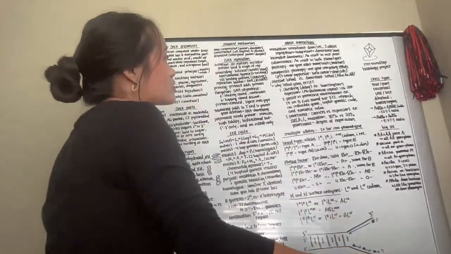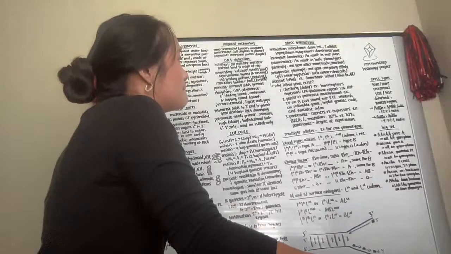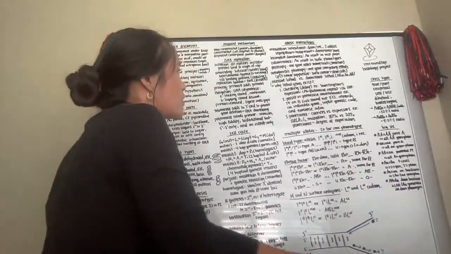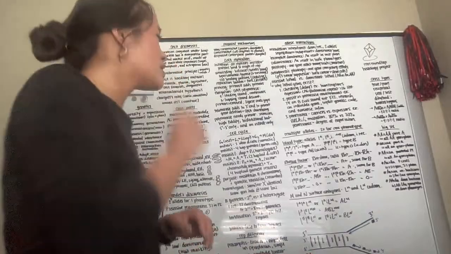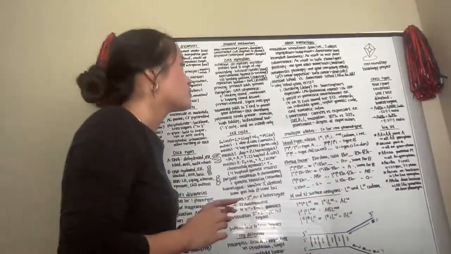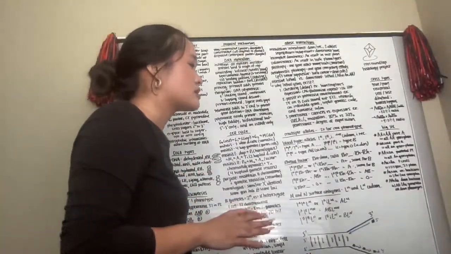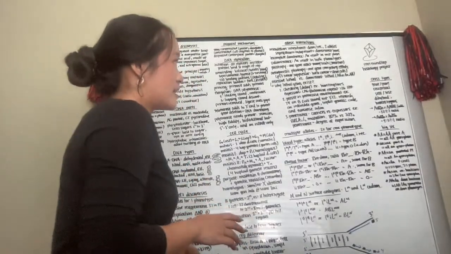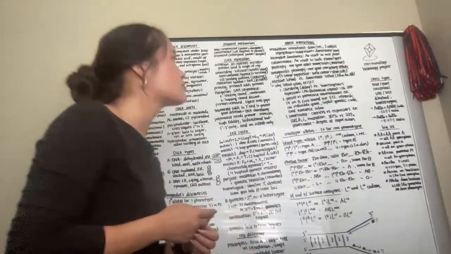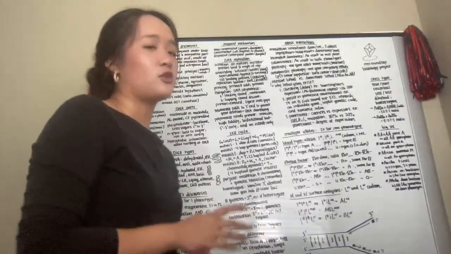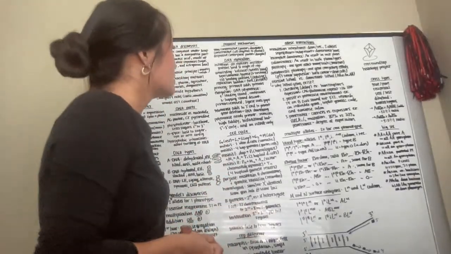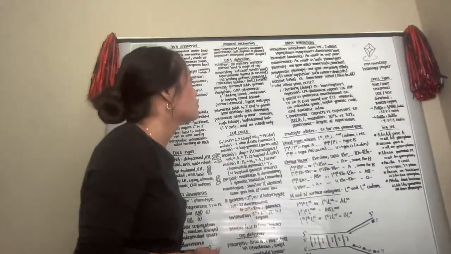Antagonistic pleiotropy is one gene affecting many different traits, but in a competitive way. So for example, the p53 tumor suppressor will stop cancer cells from dividing, which is good, but it also stops stem cells from dividing, which is bad because you want stem cells to divide to help you heal and regenerate your body and all that. So that's an example of antagonistic pleiotropy.